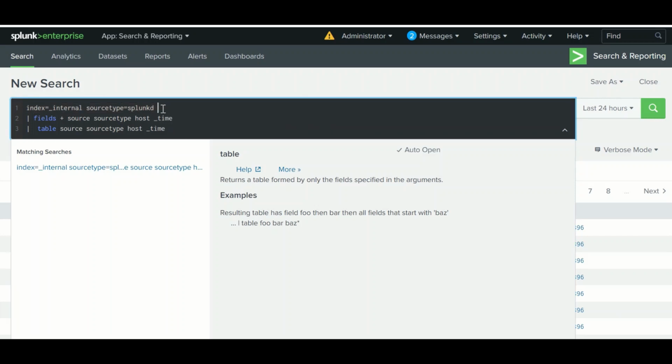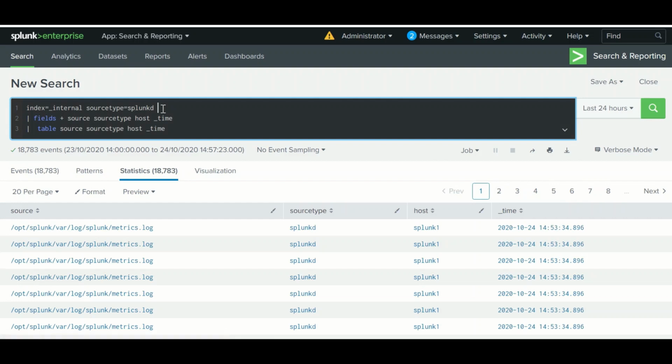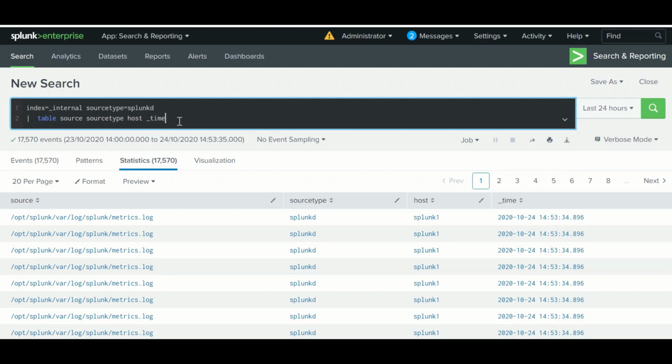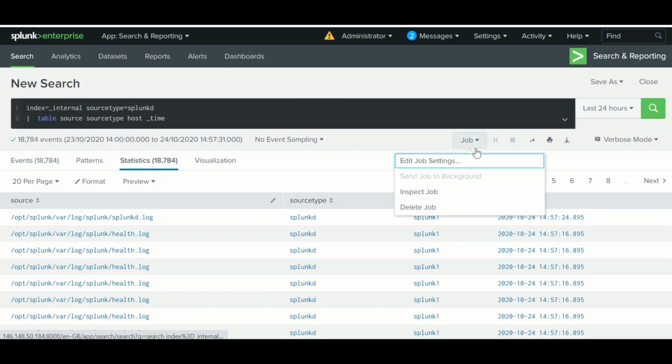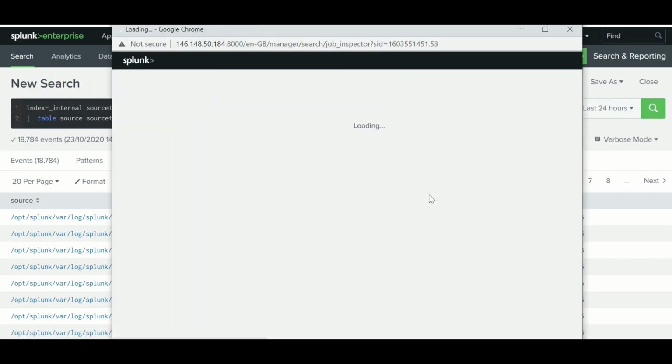Let me give you an example. If you run this command, and one more, I'll run without fields. Let's see how much time both searches will take.